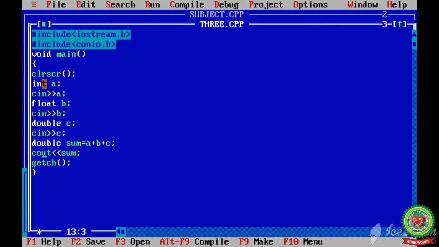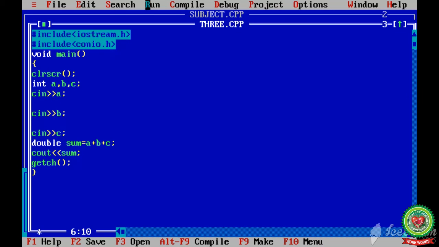Students, here I have declared int a separately, float b separately and double separately. Let's suppose all have the int data type, or you can say the same data type, then we can do this work in the same line also. I will erase all the declarations and write them in a single line. Int a, comma, b, comma, c. If the data type is the same, then we can do the work in the same line.